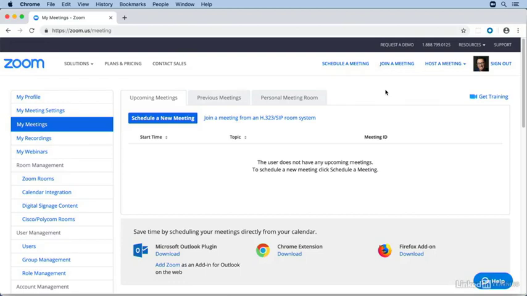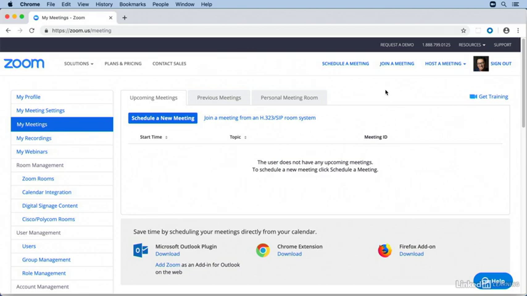There are a couple of different ways to enter or join a Zoom meeting. One way is to join a meeting that someone else has set up and invited you to, but in this movie, let's start by seeing how to create and host a meeting yourself. When you create a meeting, you're considered the host of that meeting. You're essentially the moderator who's in charge and in control of the meeting settings and the abilities the participants have